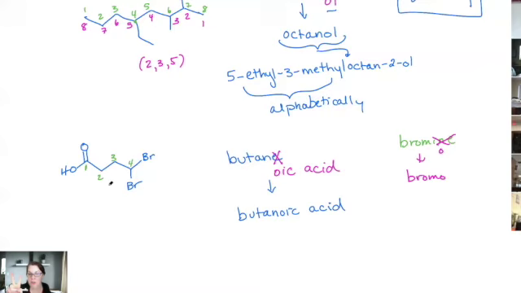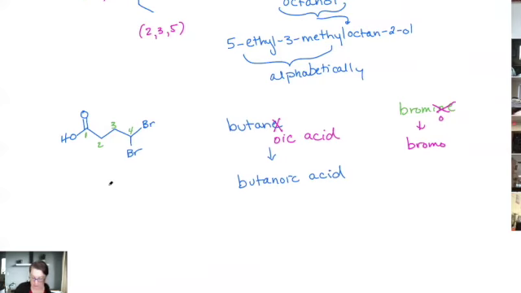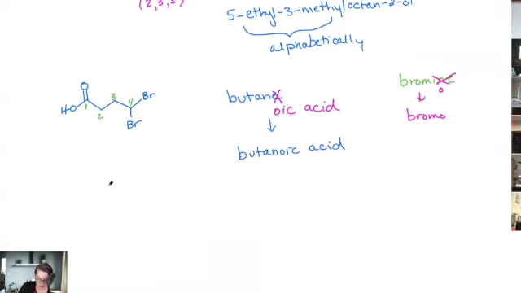There are 2. Okay. So we're going to use another prefix to talk about 2. I know, I'm telling you, there's a book about this thick just on how to name organic compounds. So we're going to keep it at the beginner level, if that's okay with you guys. Beginner level. All right. So if we have multiples of something, we're going to use